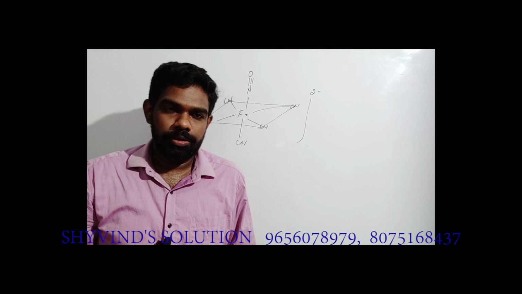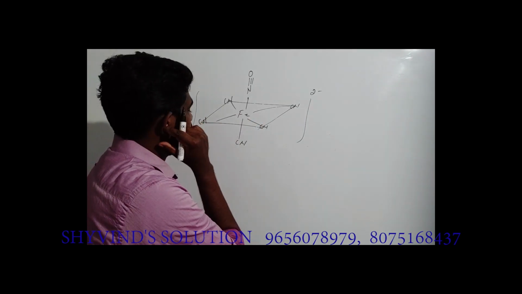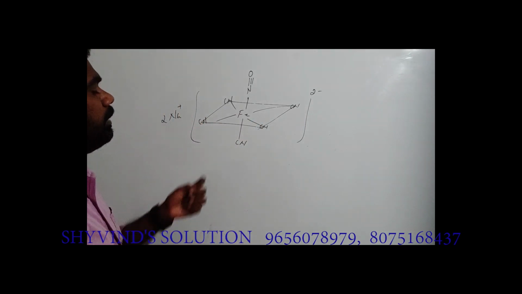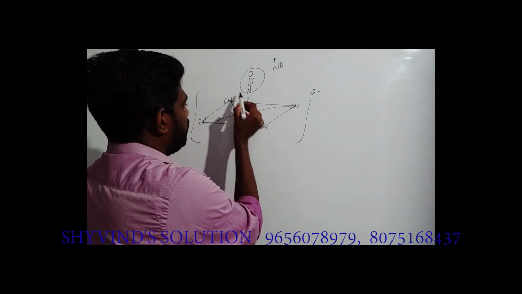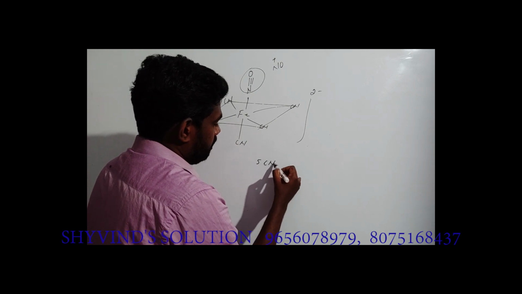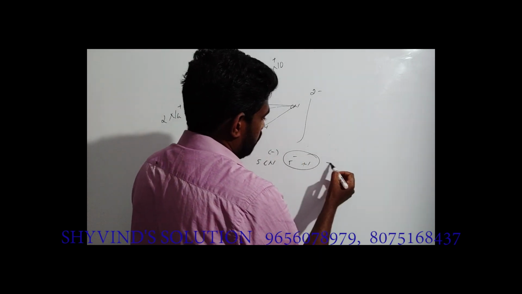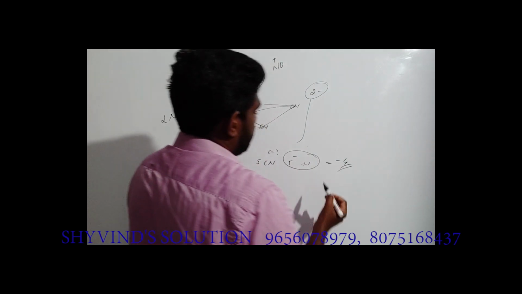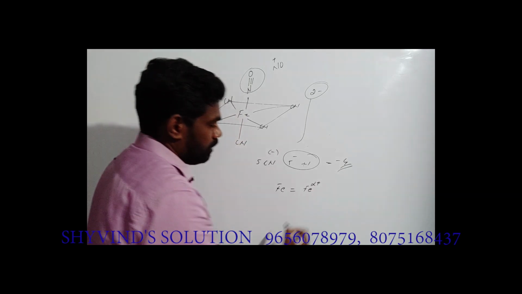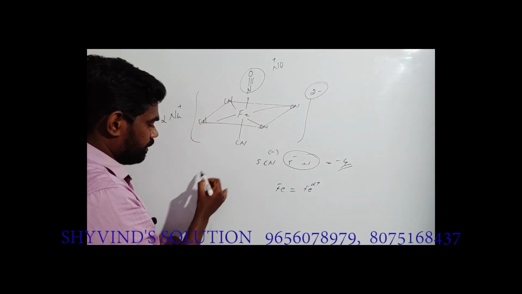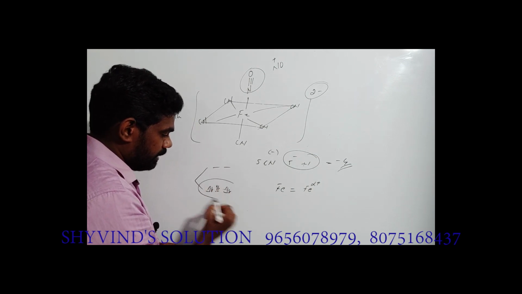This is sodium nitroprusside. From the structure itself you can see, this is NO+ species. So we have 5 CN-, so 5 minus, and plus 1 from this one. So a -4 charge, and we have only 2- on the complex, so Fe is in the Fe2+ oxidation state. CN is a strong ligand, which means it's a low spin complex.